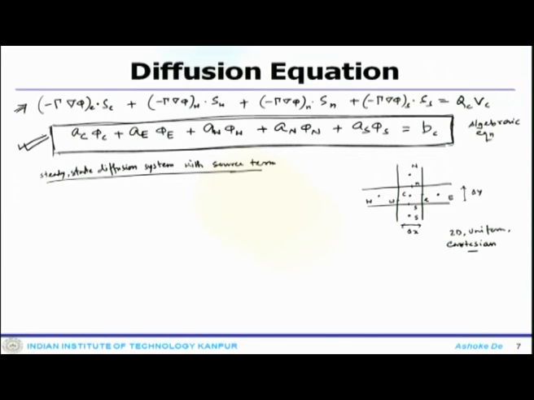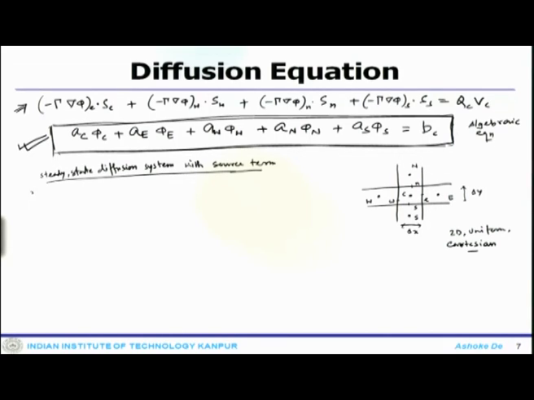All these coefficients, phi C, E, W, N, S, belong to the variable pertaining to each cell, like phi C belongs to the element C, phi E represents the variable in element E, phi S for S element, phi N corresponds to N element, phi W corresponds to W element, and the associated coefficients are A C, E, W,